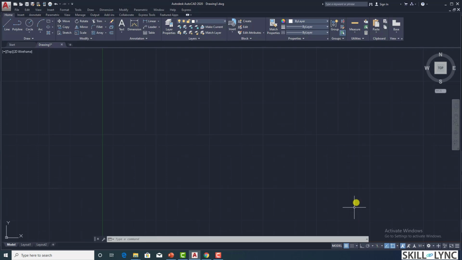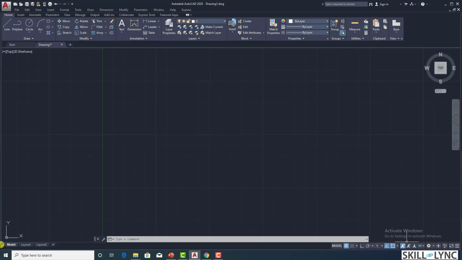And next here we have the status bar, where we have different options that you can go into. Here it will show the selection of the model or the paper space. We'll look into each one of them in detail, but the application is that it's a kind of quick access, more of an option menu where you can select the snap setting, the grid display menu and all, and also the annotation scale menu and workspace editing. So this is your status bar.